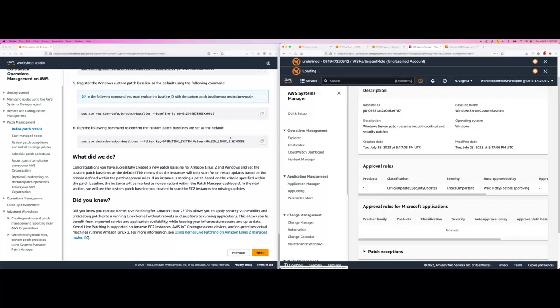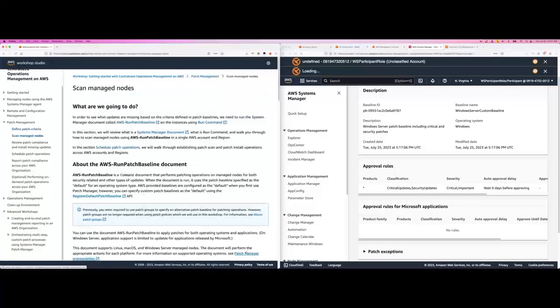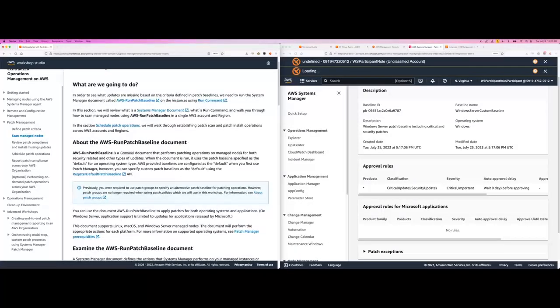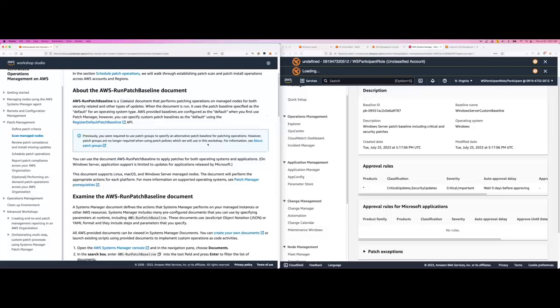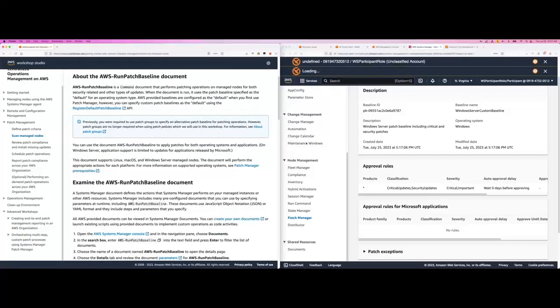So we are at the end of chapter 1. We have created two new patch baselines for Amazon Linux 2 and Windows. Now we'll go to the next chapter, which is scanning the managed nodes. In order to scan managed nodes, we're going to use the document called AWS Run Patch Baseline. As you know, a Systems Manager document contains the actions that you want Systems Manager to perform on your managed